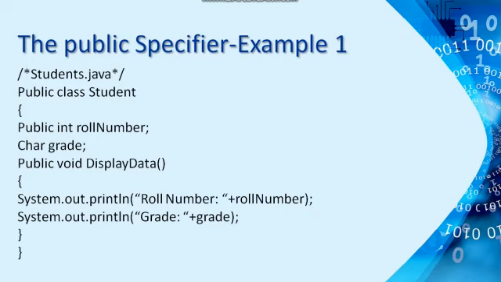Here the code walkthrough is: line 2 defines the Student class and line 5 defines the member variable grade without an access specifier. Therefore, by default it is public. So in this program we have not used any access specifiers, and therefore it is a default public access specifier. This is an example of the public specifier.